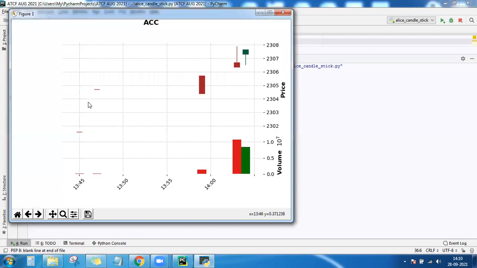So for some data, we don't have the full tick data. If you have the full one interval data like this, then it will be available. See, 209 and 210. The whole 1 minute data, you have it. So these two are the volume bars and this is the candle.